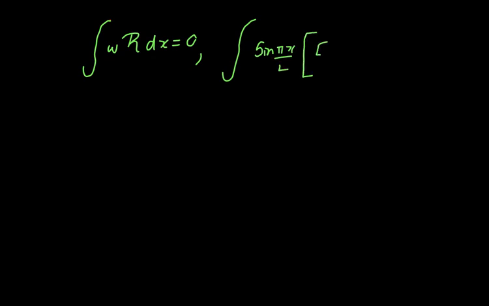Apply Galerkin's weighted residual method. Galerkin's weighted residual method is saying integral of w into r into dx should be equal to 0, which means you are making the unwanted work done 0. In the next step, we know what is w. It is sine pi x over L into, we know what is r. It is EI into d power 4 v by dx power 4. It is a into pi raised to the power 4 over L raised to the power 4 into sine pi x over L minus q,